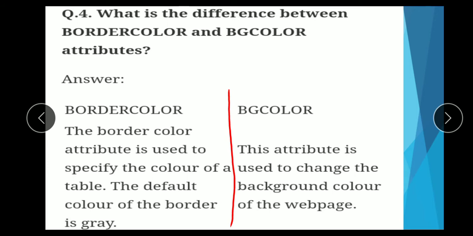The default color of the border is gray. The second one is bgcolor. This attribute is used to change the background color of the web page. So bgcolor is used for the background color of the web page, but border color is used only for the color of the table.